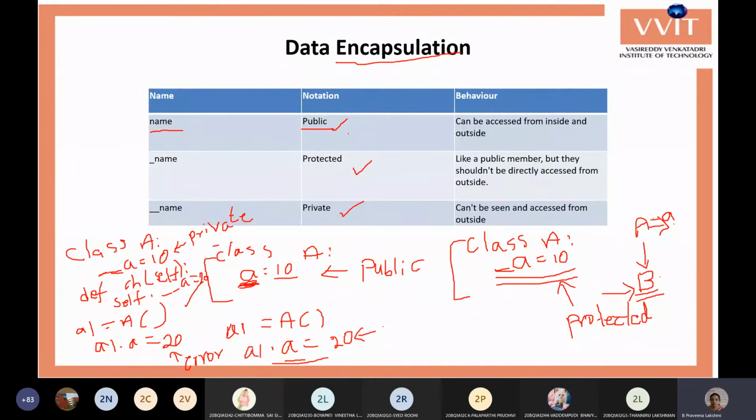These public, private, and protected can be given to the methods and also to the variables. So we can declare a method as public, protected, or private. In the same way, variables can be public, protected, or private. Whenever you give a single underscore, it is protected; double underscores, it is private; and without any underscore symbols, it is public. Remember these three notations. First, you need to remember the notations, then the accessibility of that member in that particular program.